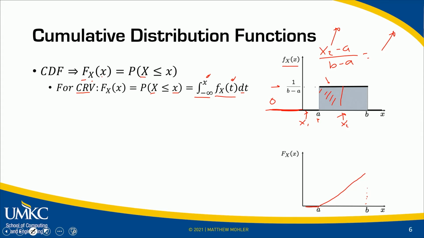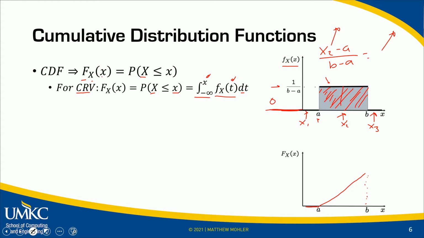And at some point B here, we know that it's going to do something. But let's figure out what that is. If we look over here past B, this is x sub 3, we know that we've already encountered all of the area that is described by this uniform PDF. We've covered everything once we get past B, and we know that the sum of a PDF is equal to